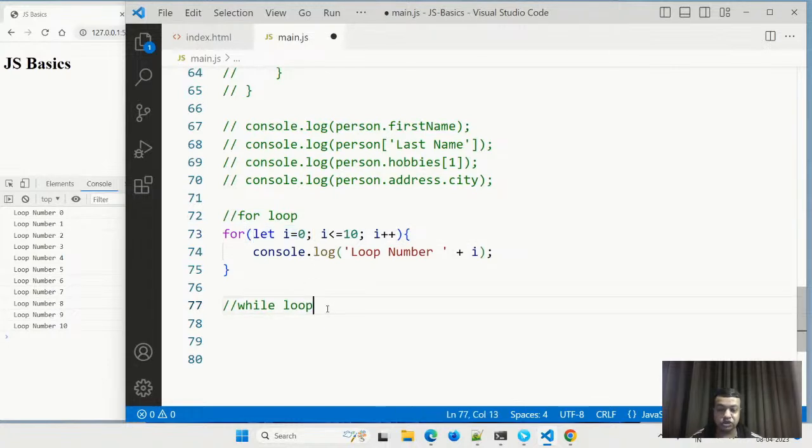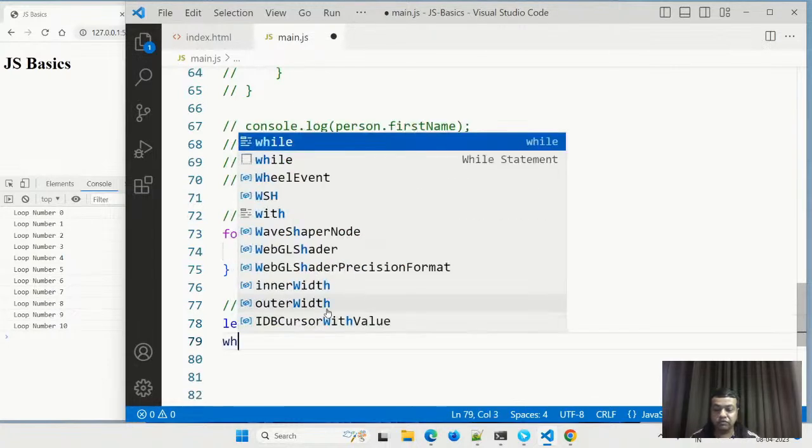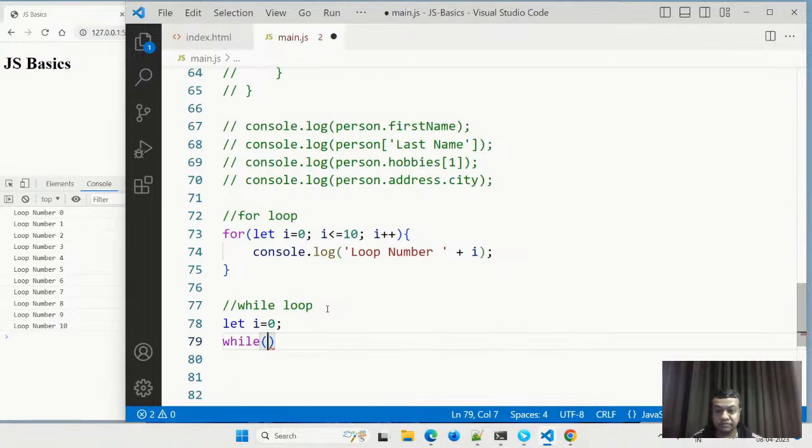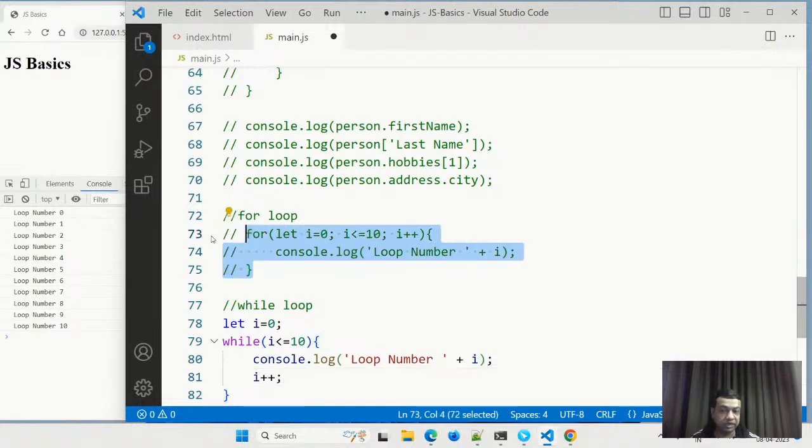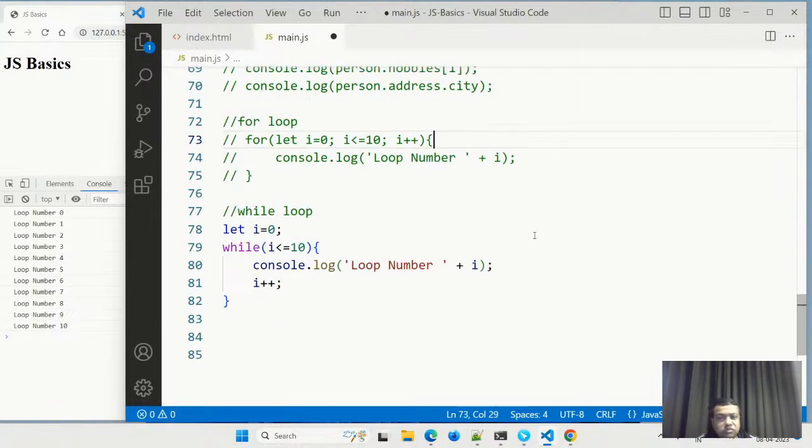So here I will have let i equal to 0, while i is less than or equal to 10, and then I have this thing, and then I will have i plus plus. If you see this, it seems much easier, and I don't have to teach those crazy things which I have just told. Like it will come from the left, then it will go from the right. All those things I don't have to teach you, because a programming language works from top to down.